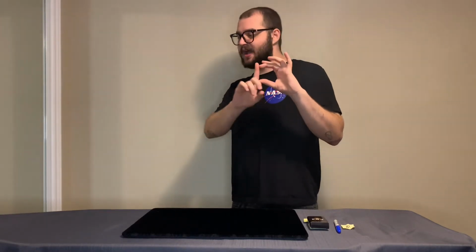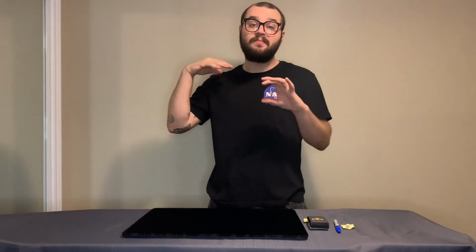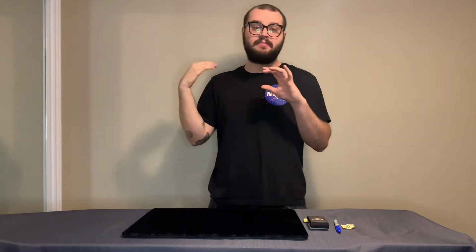Now, what about the angles? The angles are pretty good. For the most part, I would say 180 from where you're holding the pad. So if you're holding the pad here, I would say a 180 from around there. Right? A 360 would be a bit hard because from the back, if there's someone looking from the back, there's